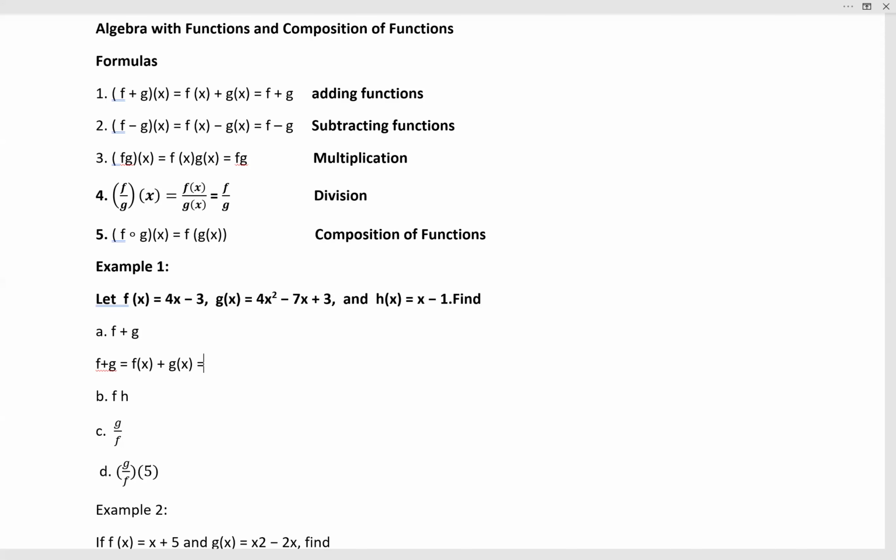And I'm just going to write (4x minus 3) plus g(x), (4x squared minus 7x plus 3). I'm going to keep the parentheses for each group